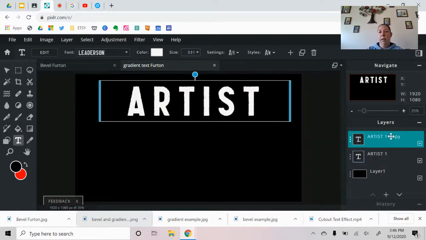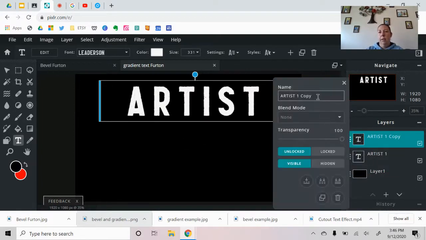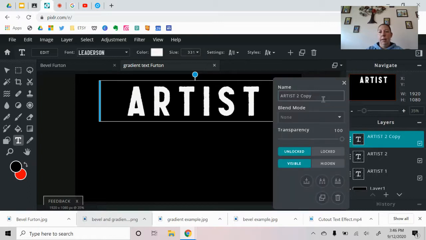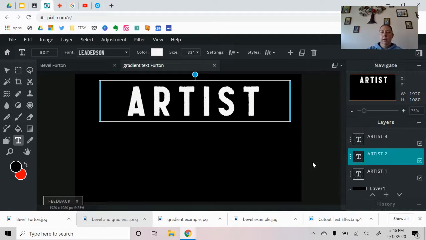I'm going to duplicate the layer. I'm going to go into my layer settings, and I'm going to put a 2 here and duplicate it again. Go into my layer settings and put 3. So layer 2